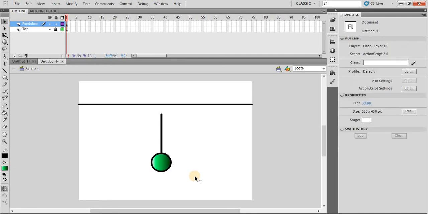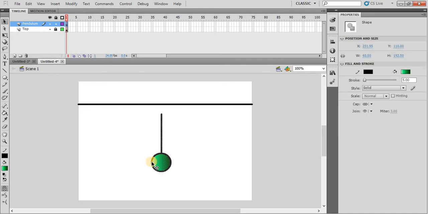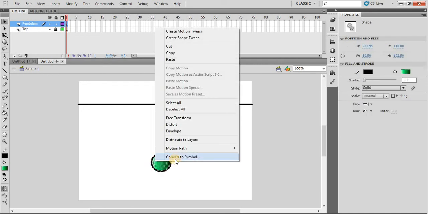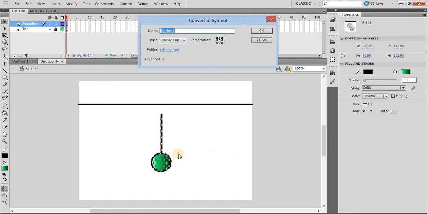Once you have adjusted the position of this ball, now select the whole pendulum and then convert this pendulum to a symbol.